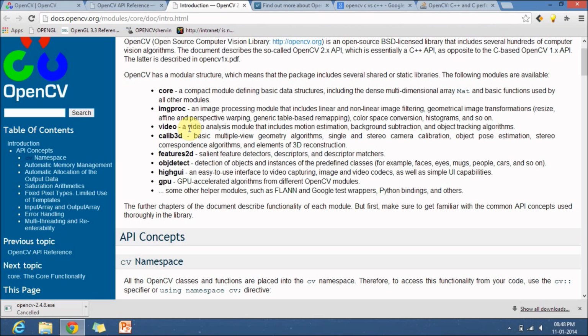The third one is video, which is used for video analysis like motion estimation, background subtraction, and object tracking algorithms.